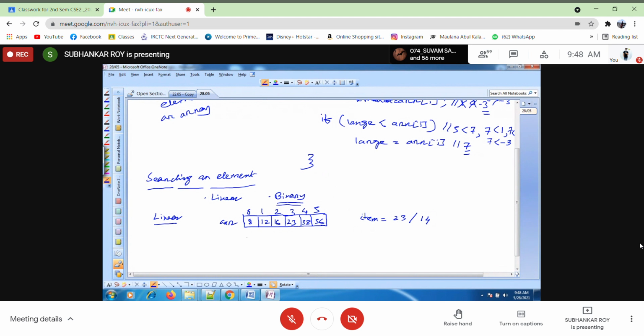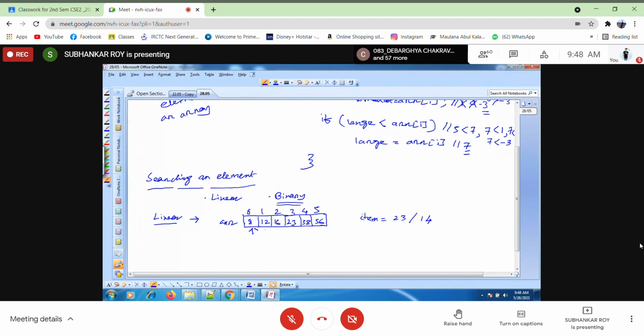First we have to compare, so we have to run a loop from i equals 0. Why do we need to run a loop? Let it be 14. How is linear search performed? As the name says, linear. It will first compare the item with the first element, that is ARR of 0.